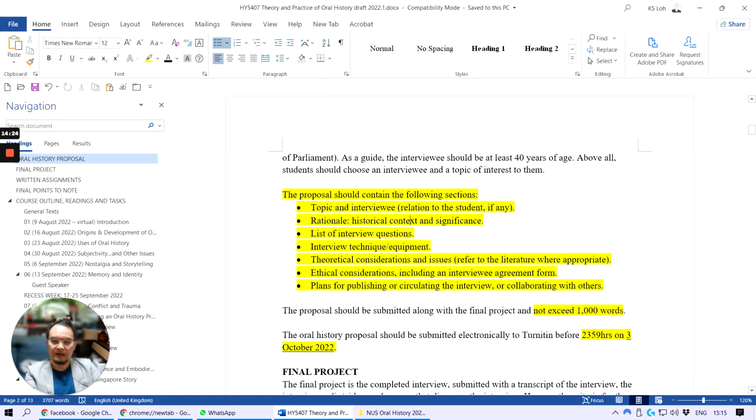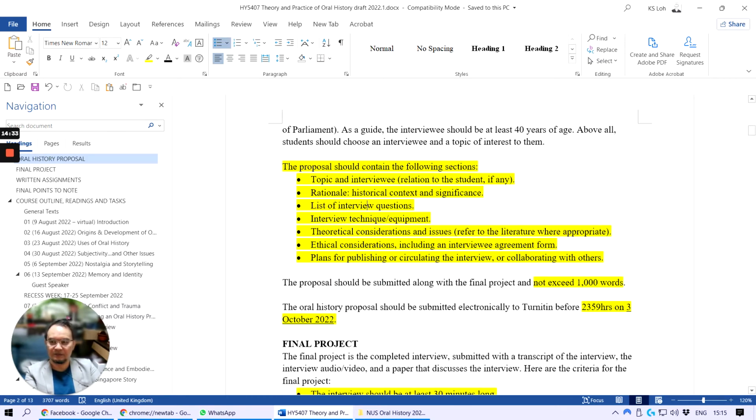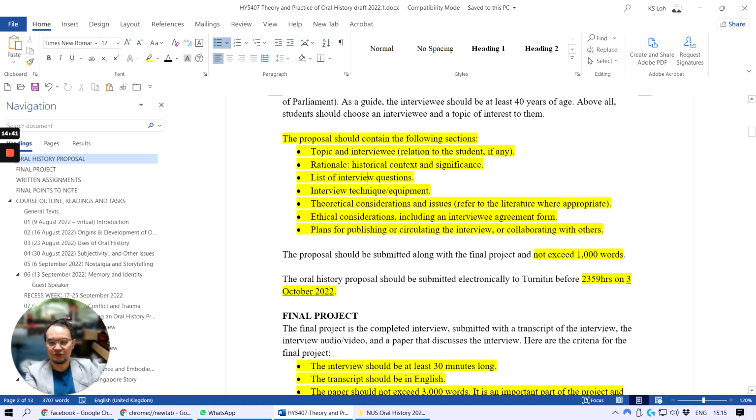Okay, so the proposal should contain these things, right? Please read them. What I want to say here is the proposal should include questions. What are the questions that you want to ask the interviewee? What sort of equipment you want to use? Why do you think this interview is important to do? And what you aim to get out of the interview? What you might think would be some of the issues that will arise